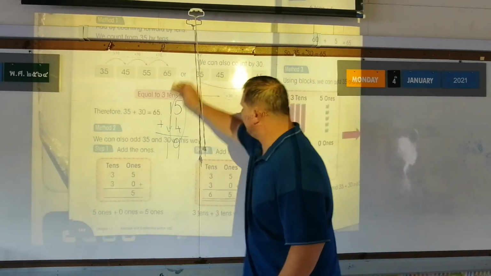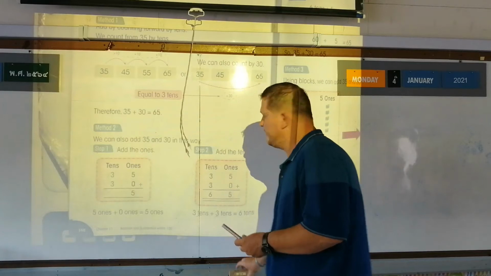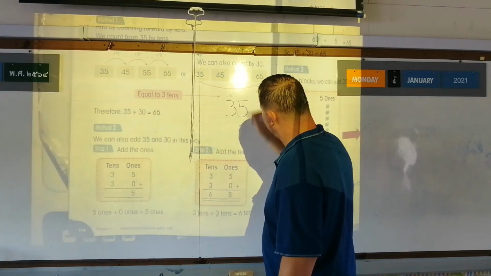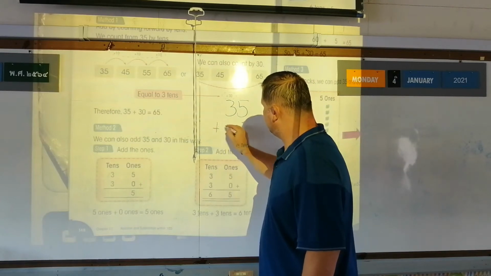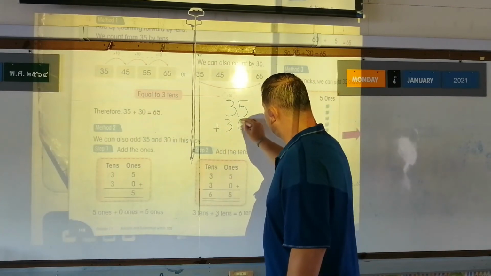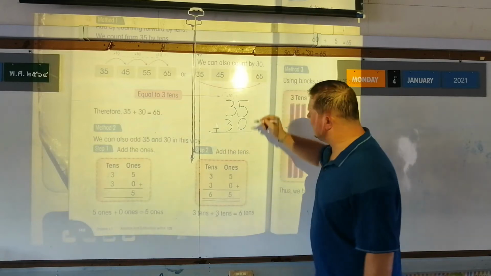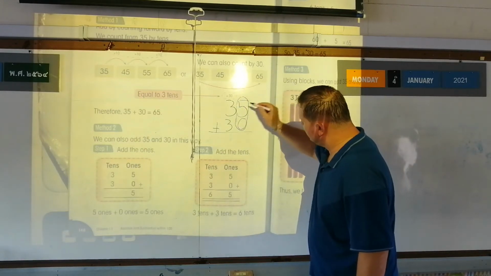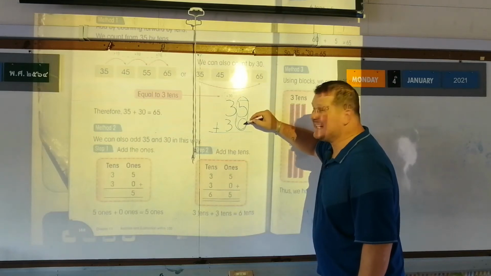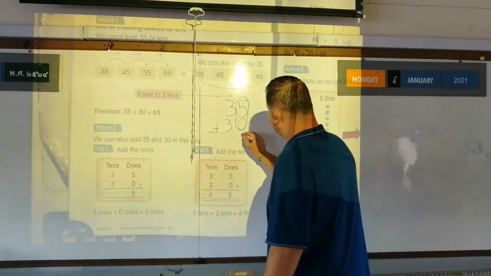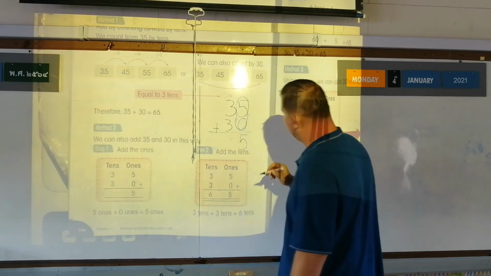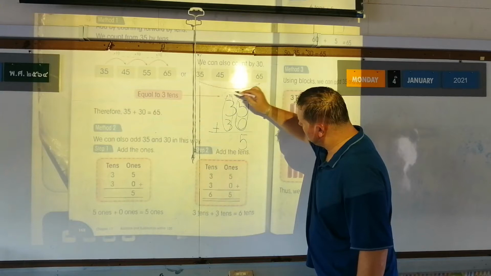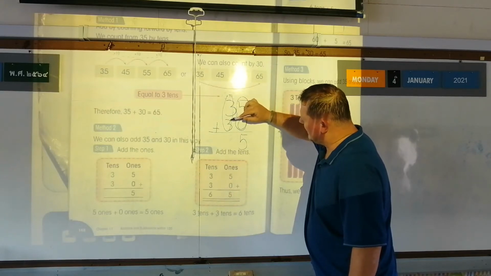So there is 35, right, plus 30. Remember what I said, we start by adding these two numbers together. 5 plus 0 is 5, right? And now we're adding these two together. Right, 3 plus 3,